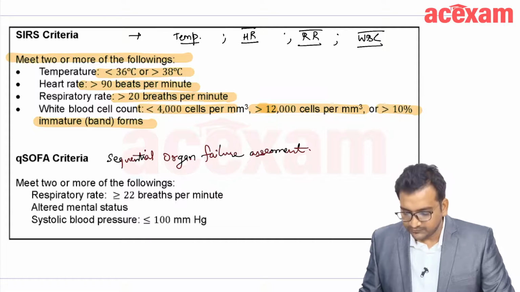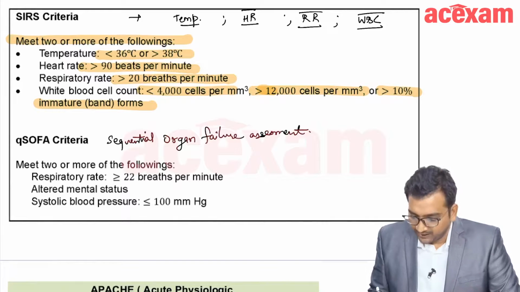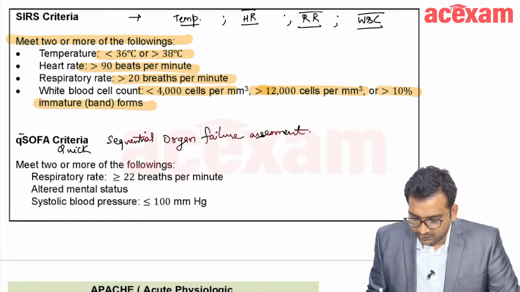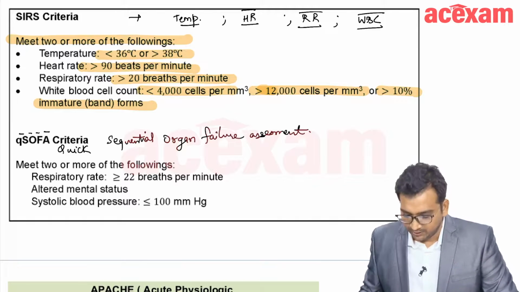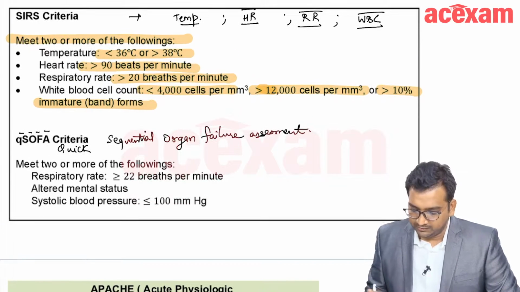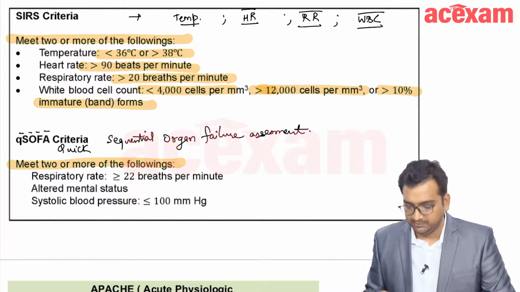Now there is another criteria, that is the qSOFA criteria. qSOFA stands for quick. Q stands for quick Sequential Organ Failure Assessment. Sequential Organ Failure Assessment. Okay. Now there should be at least two or more of the following, at least two or more of the following to label the patient as